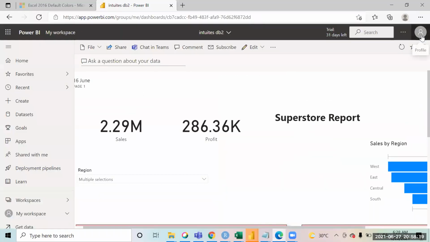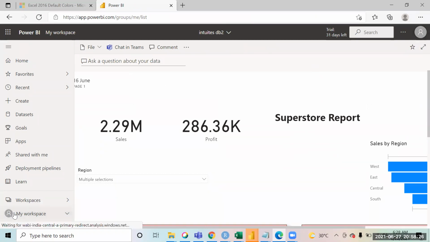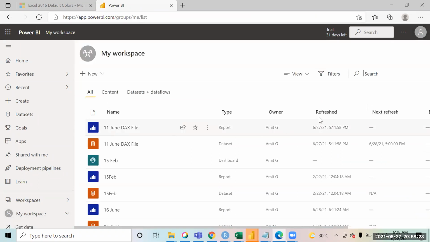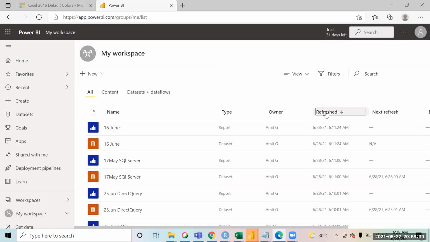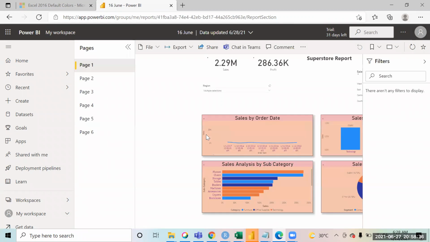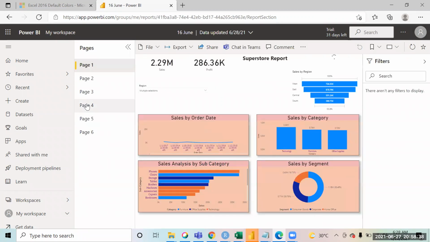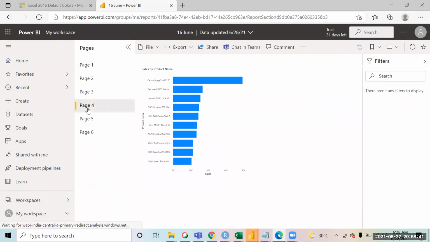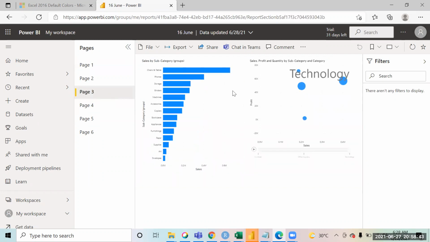So a dashboard in Power BI is where you want to give the quick summary from your report. So if I open this report from here, I decide that some charts are very important, so I can put those charts also. Suppose this chart I feel is very important.